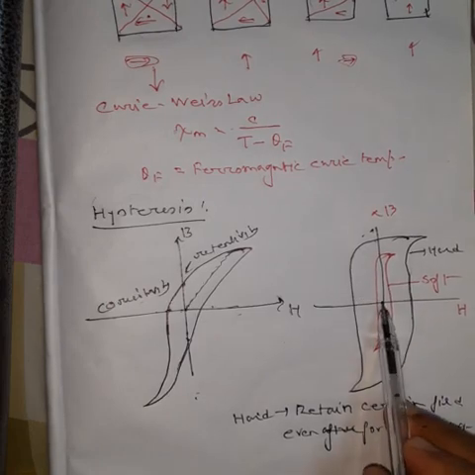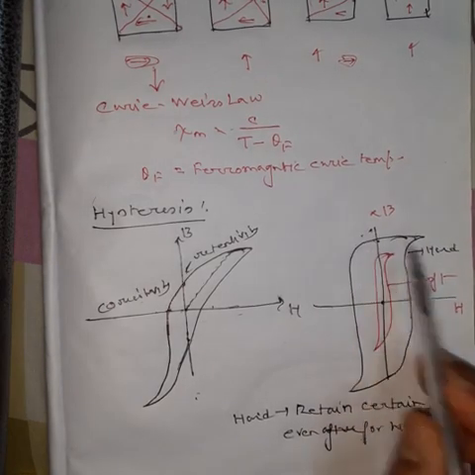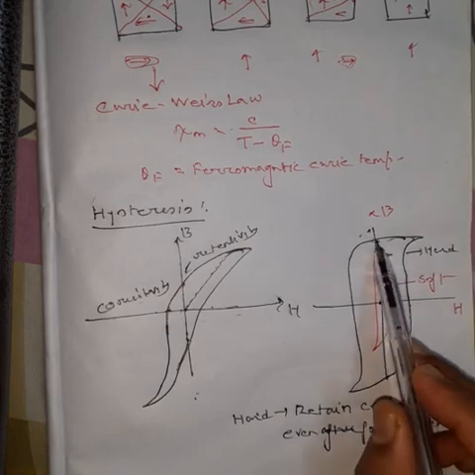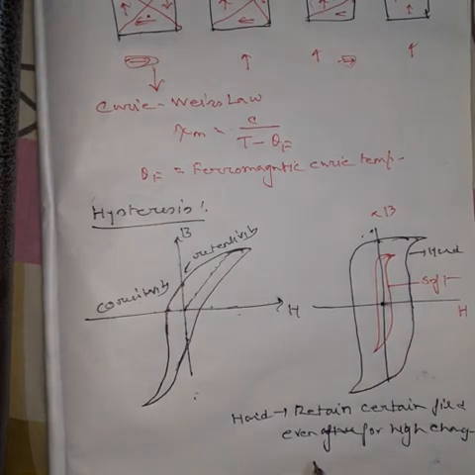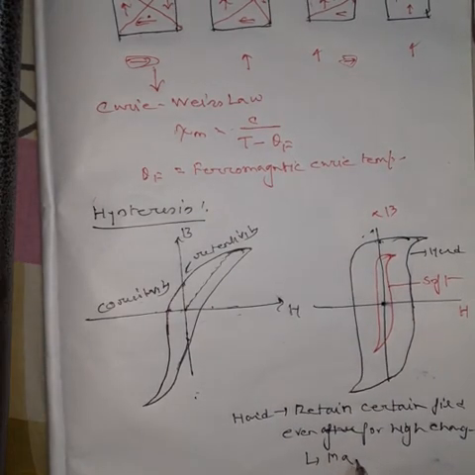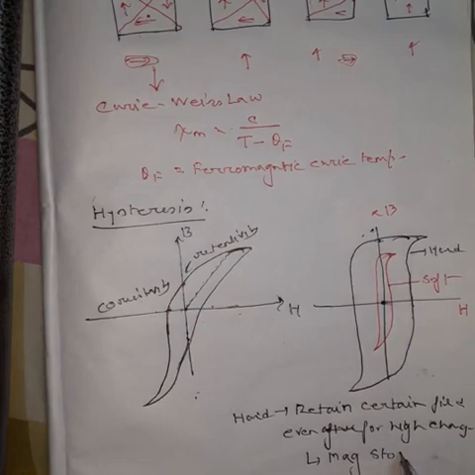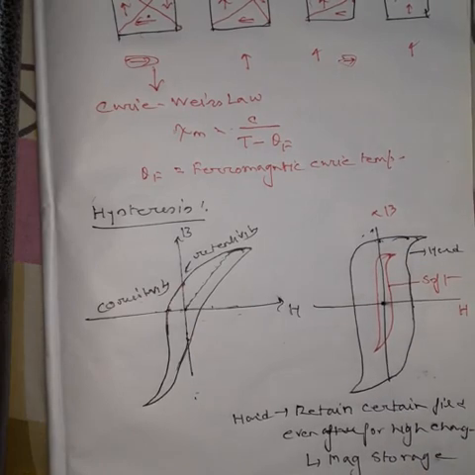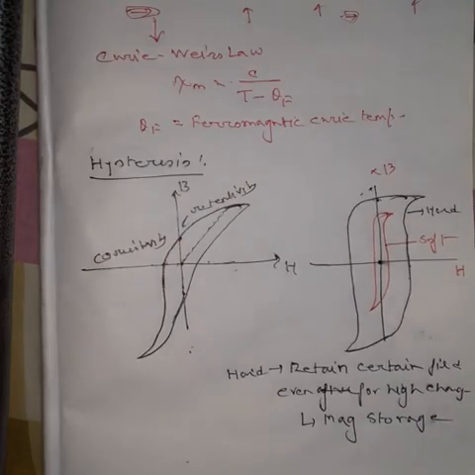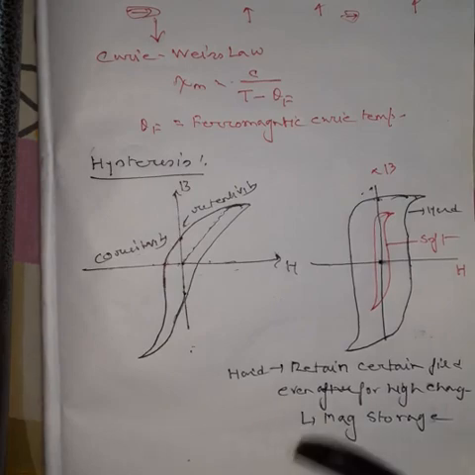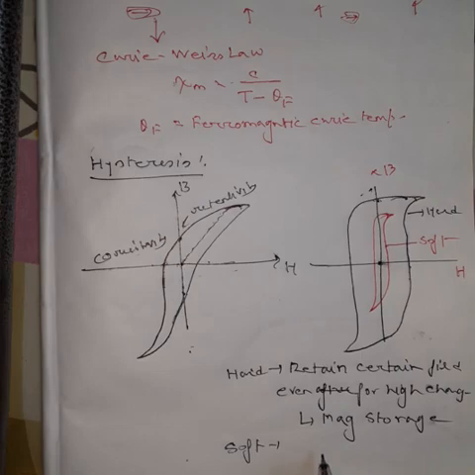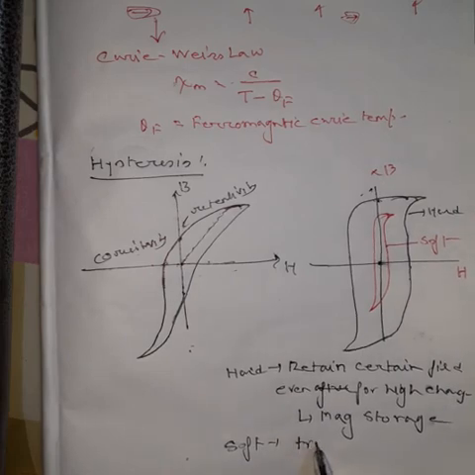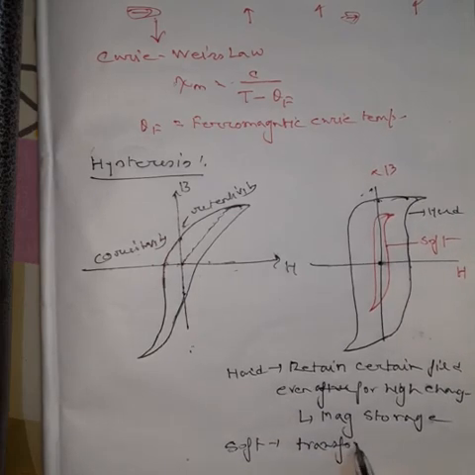You see, if it is already here, even for 0 it is there, so it retains this much of field. So this is used in magnetic storage. That means if you don't have a field, it will be stored there even in the absence of the field. So hard materials are used for magnetic storage, whereas soft materials are used for transformers,